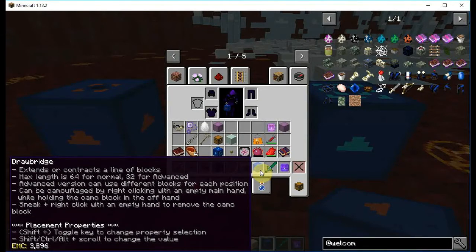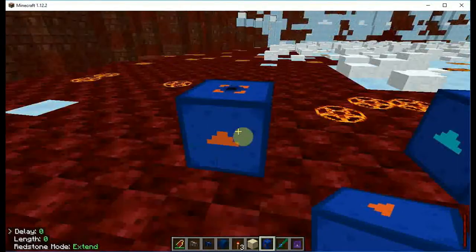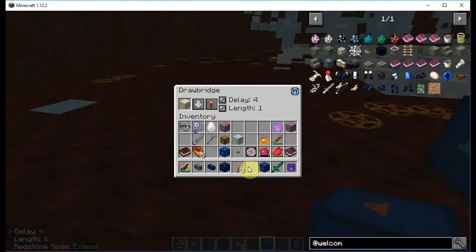So if you have an empty hand and a block you'd like to install into it in your offhand, you can do that. Now, the main thing this is really meant to do is to create a line of blocks that just...